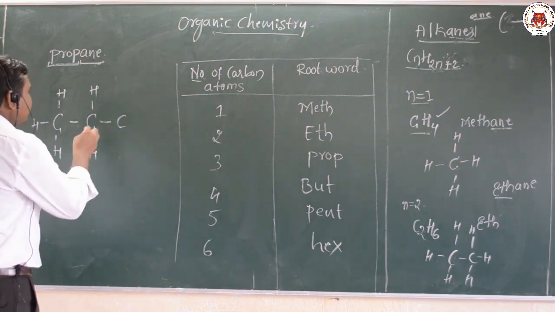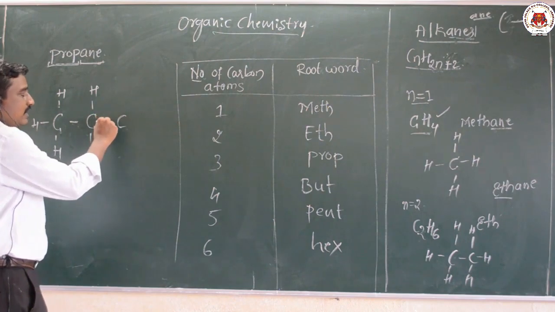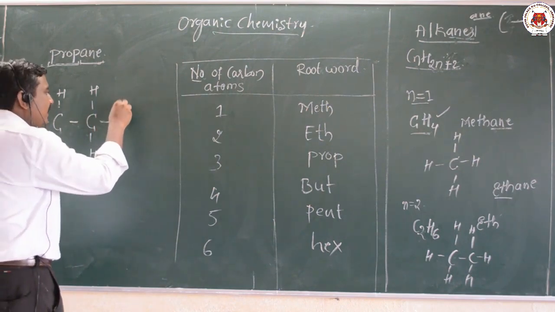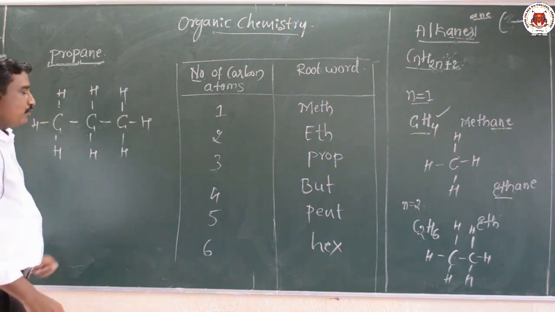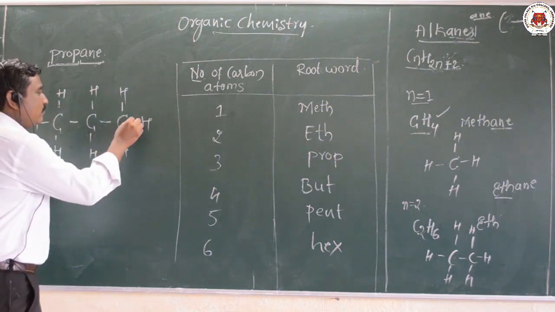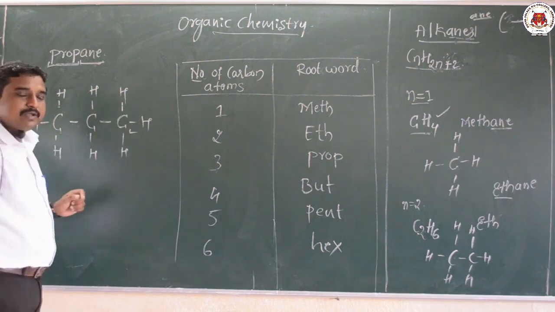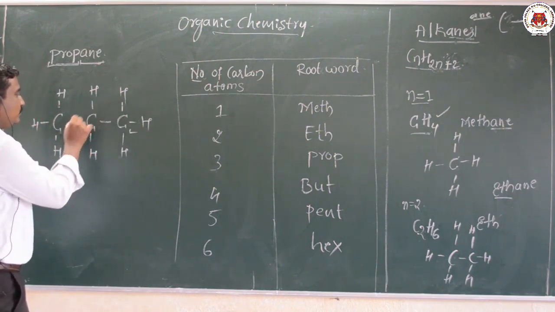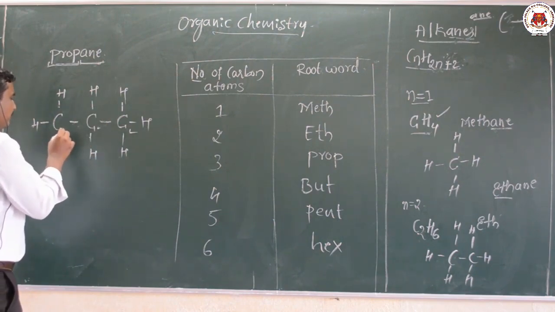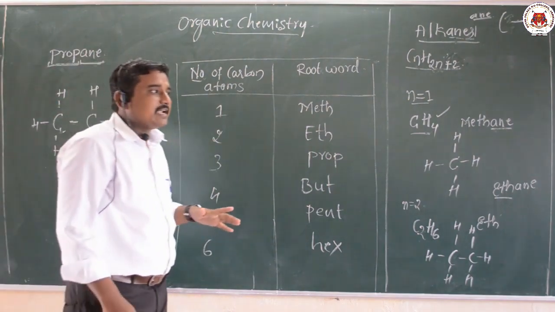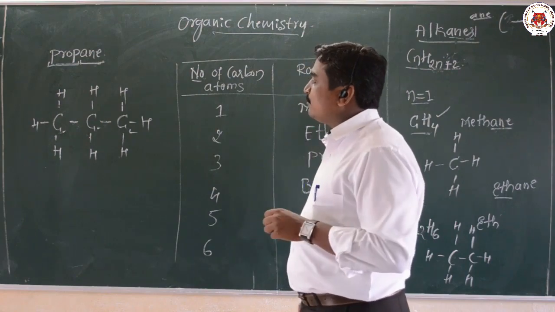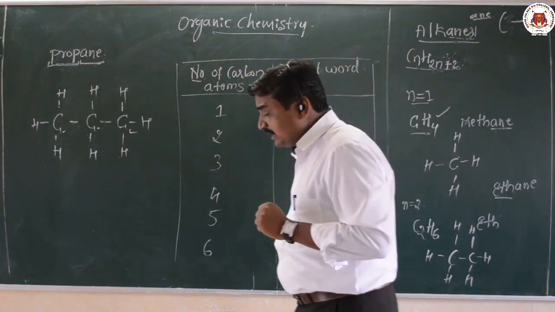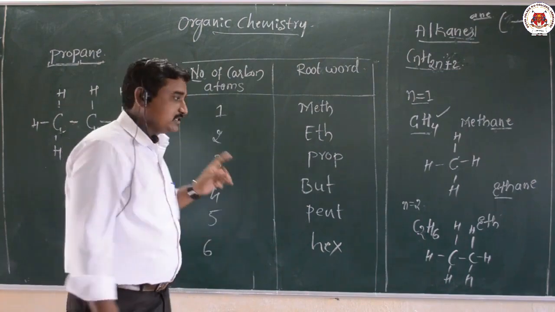Now this carbon again has only 1 bond, so you have to write 3 hydrogen atoms, then this carbon also satisfies 4 valency. So 1, 2, 3, 4, this carbon has 4 valency, and again this carbon atom 1, 2, 3, 4 has 4 valency. Okay, all the carbon atoms satisfied their valency by writing a suitable number of hydrogen atoms. So what is the molecular formula for this compound?